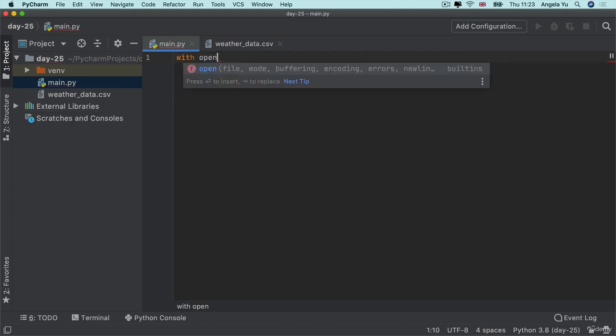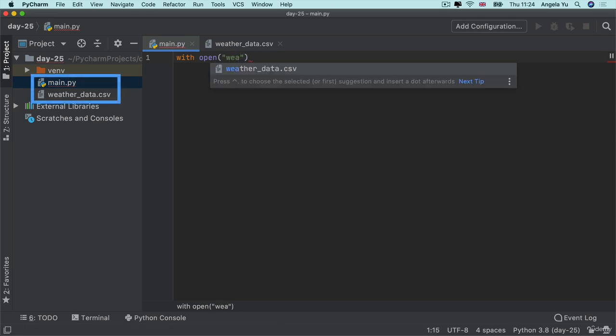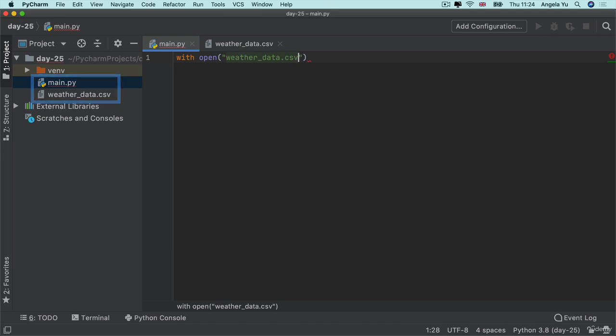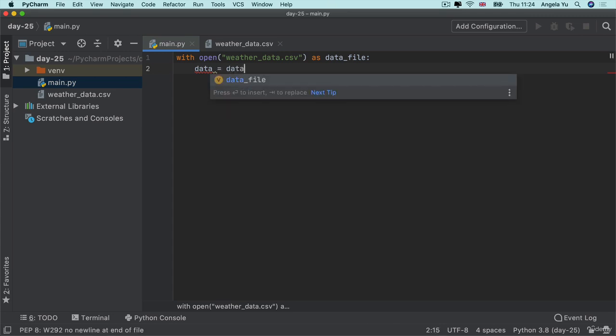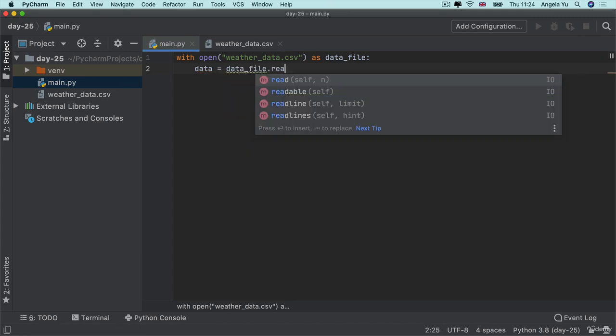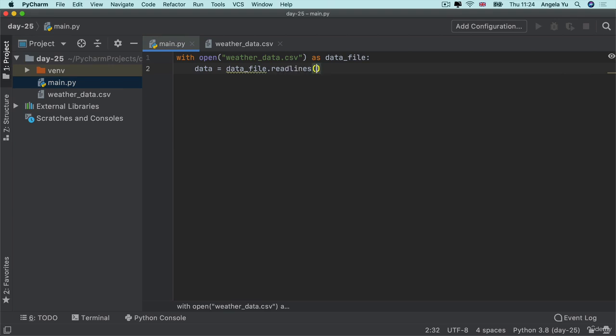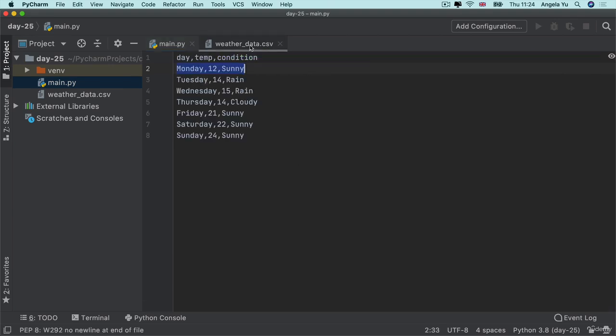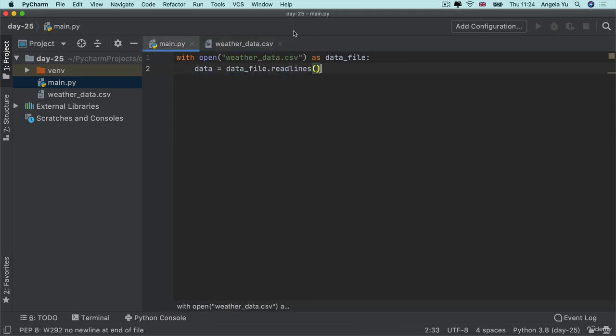Alright, so we know that we're going to need to open the file, so it's stored inside the same folder as our day 25, so we can just use a relative file path to tap into this weather_data.csv, and we're going to save this data as a data file, and then we're going to get the data by reading this data file. So data equals data file dot read. And not only are we going to read it, we're going to use readlines, which we know will take each line in this file and turn it into an item in the list. Now if I go ahead and print my data,